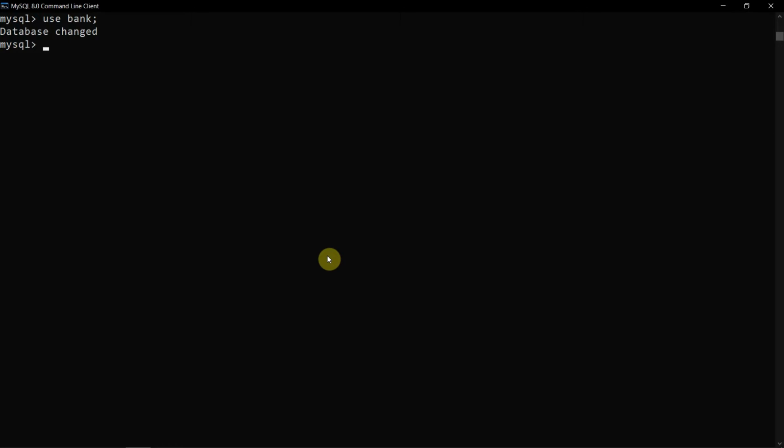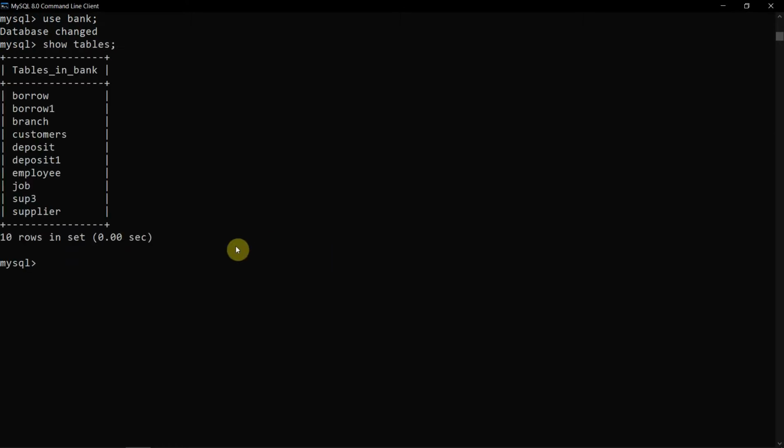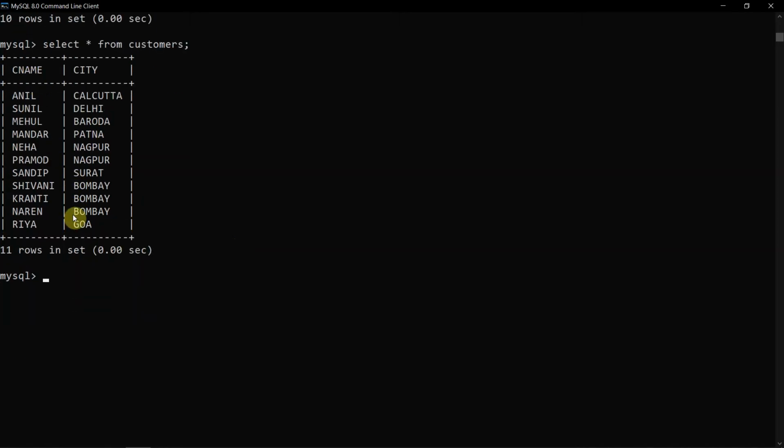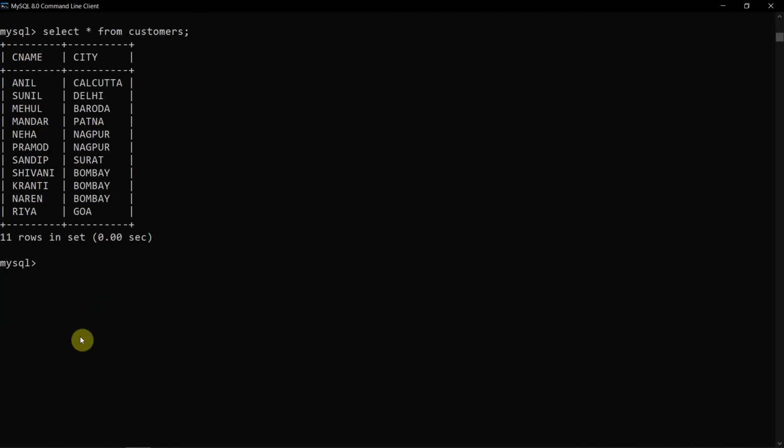Now let us see with the help of queries how they are used. So first see the tables. So now suppose here I am taking the table that is customer, so I will write it in a way as follows, right. So this is the data of our customer. Now suppose I want to get the data of the customers who are living in the same city.